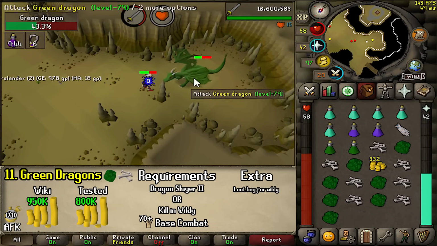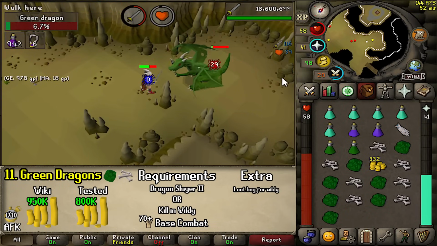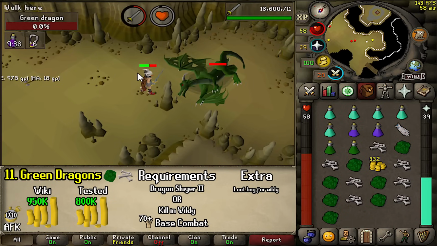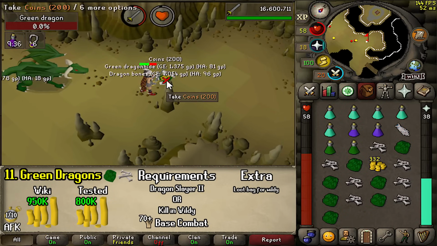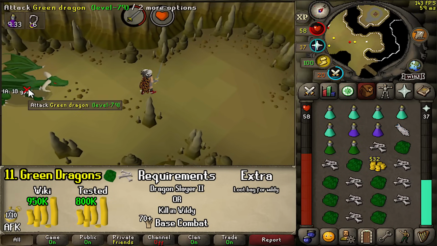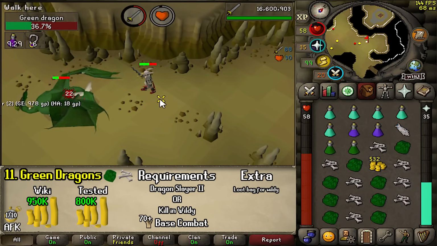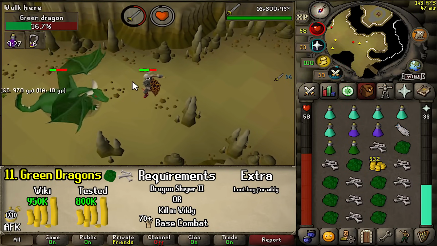Green Dragons are such an iconic method for me, and it looks like they're still over 900k GP per hour. They can be found in a couple different places in low level Wildy, and you just kill them to get their Dragon Bones and Green Dragon Hide to sell. While you can kill them in the Wildy with just some basic range gear, like a Rune Crossbow, I try to avoid the Wildy personally whenever I can,